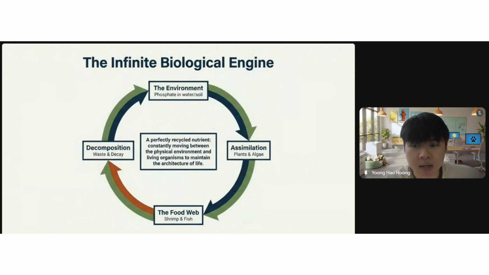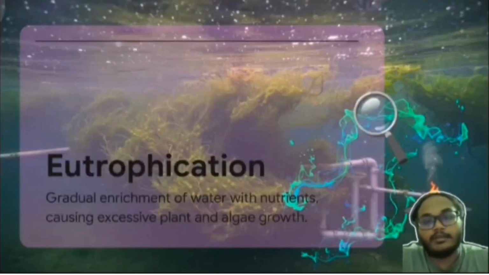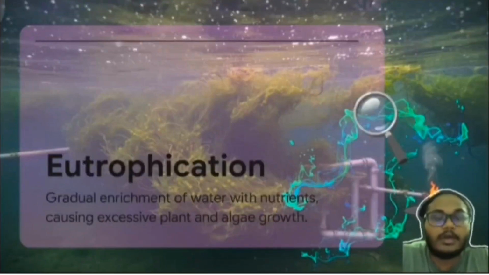So in summary, the phosphate in water or soil is absorbed by plants and algae, then eaten by fish or shrimp, and returned by waste and decomposition, and the phosphate is finally released back into the ecosystem. And this is why phosphorus is called a recycled nutrient. So phosphorus is constantly moving between the environment and living organisms, helping maintain life in both land and aquatic ecosystems. Thank you. Now, I would like to present about eutrophication and also the impact of phosphorus on aquatic